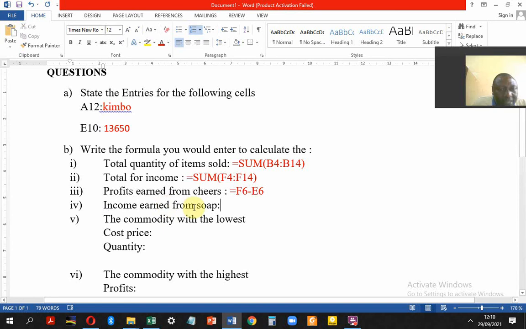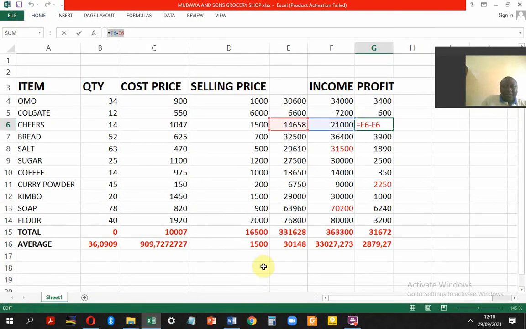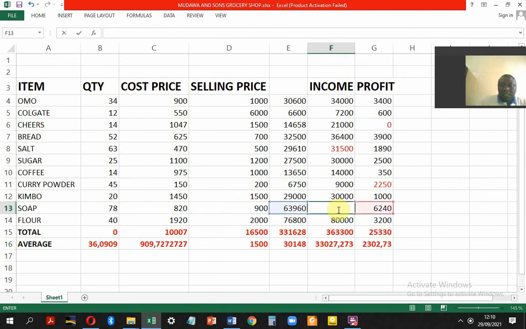Then income earned from soap. Income earned from soap. Where is soap? This is soap, and they are asking us about this income. So this is the income that has been earned from the initial money for soap. So still we said here, how do we get that income? We say equal sign, this one here, are we together, plus